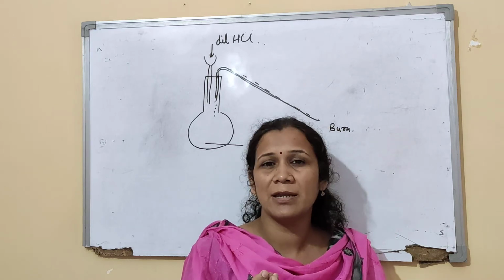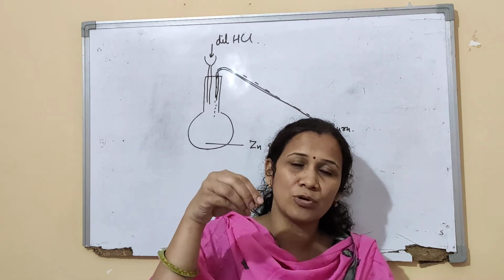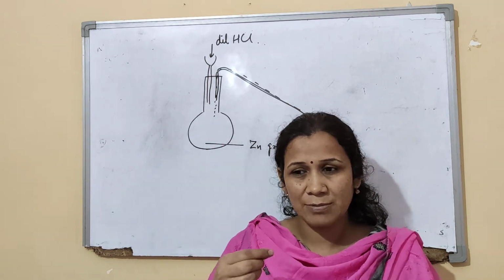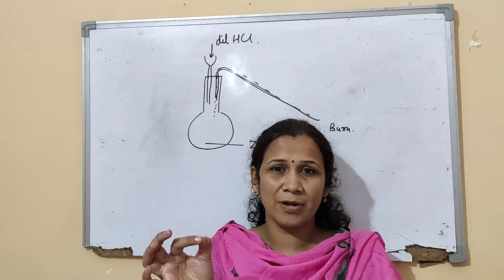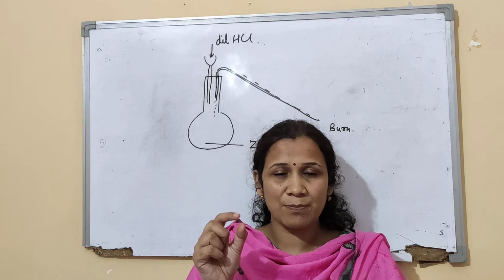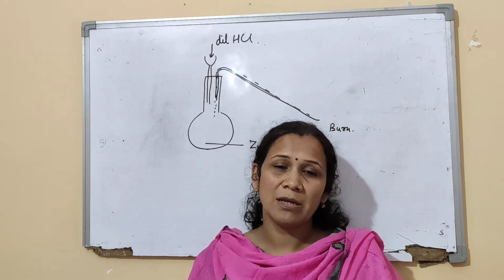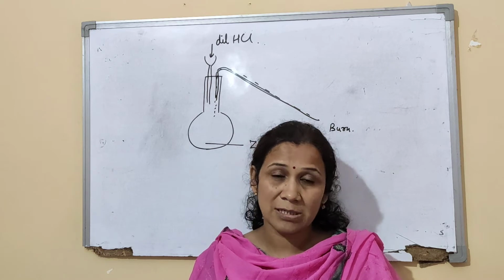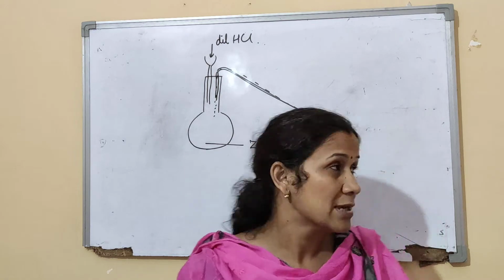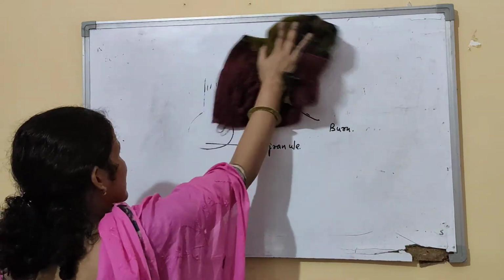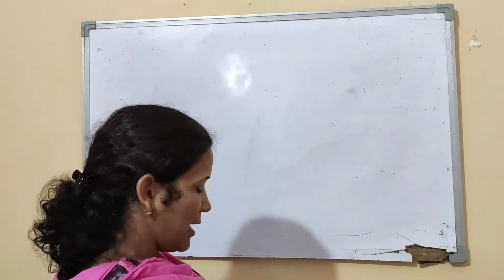You can also see this in the lab. It can also be done in a test tube. You take a test tube, put zinc granules and pour acid into it. You will see some gas come out. If you bring a matchstick above it, it will give that pop sound. That means any metal, when treated with a mineral acid, that is a strong acid, will give a gas. Now we have to see what that gas is, so we will look at the reaction that takes place when a metal reacts with an acid.